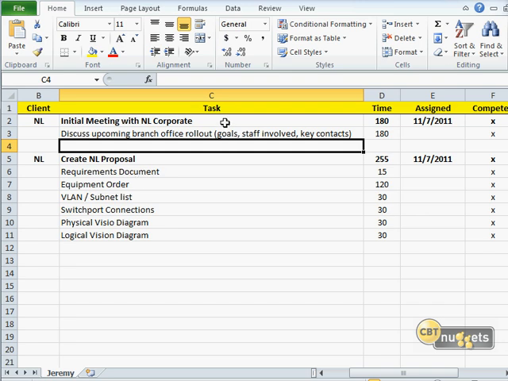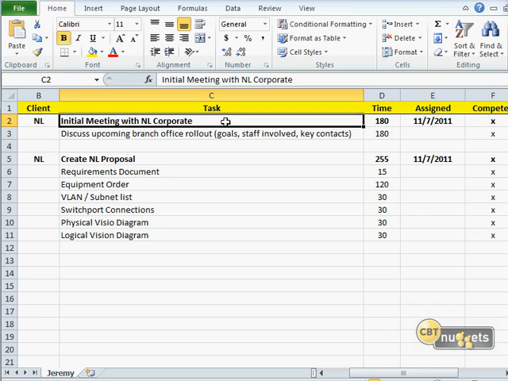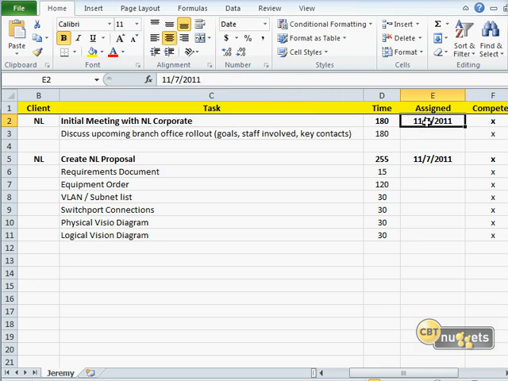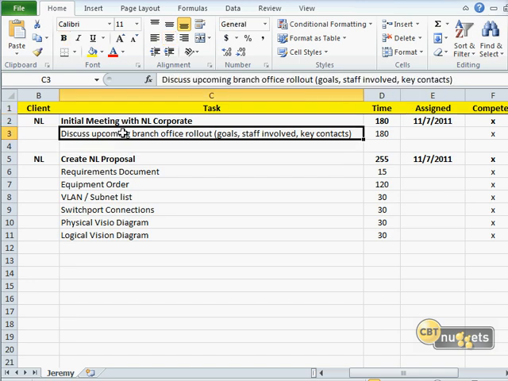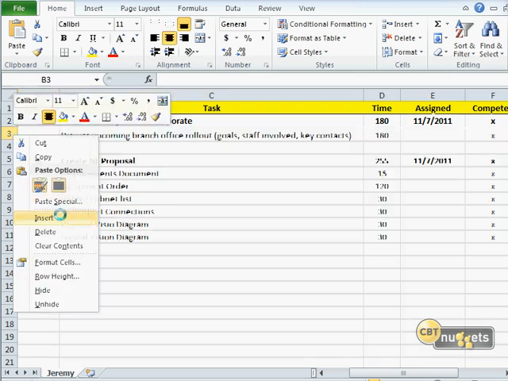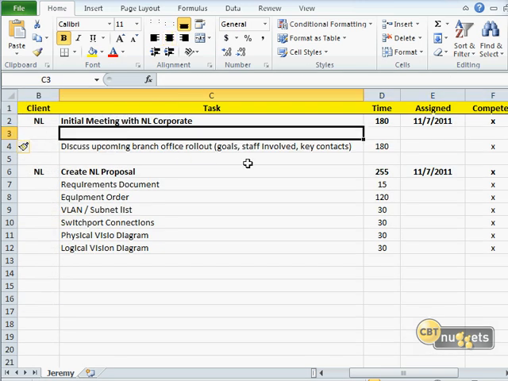So what I did, I said, okay, we've got an initial meeting with Nugget Labs corporate. Initially when I create this spreadsheet, I say, okay, this is when I assigned it. So if I had a due date, I would put another column in here. This is due by such and such time, and then the little subheading, there's only one here, is I have discuss upcoming branch office rollout, the goals, staff involved, key contacts, and when I was creating this, what I would have done before I ever went to that meeting is I would say I need to create